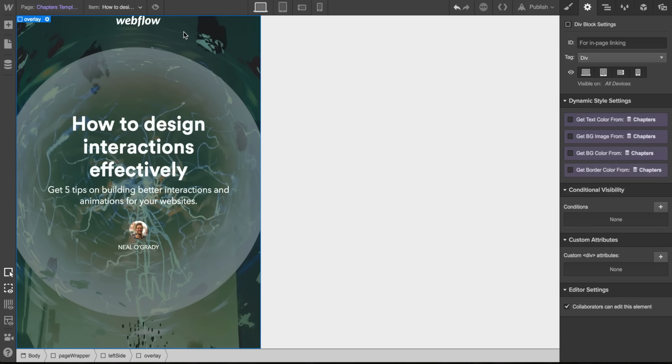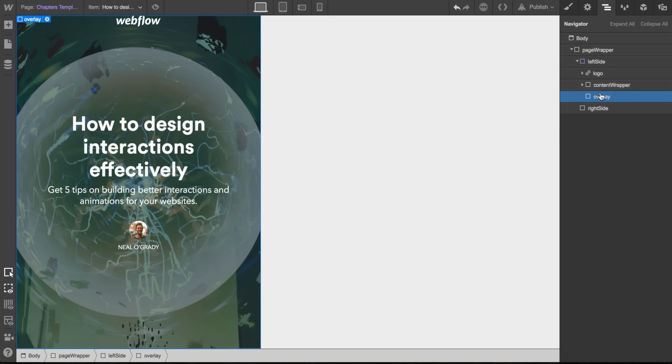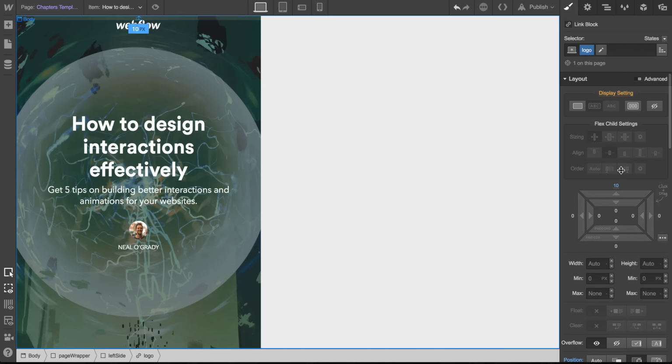Perfect. Now let's add a little bit of space. I'm going to go back to our logo and just add a little bit of margin on the top. Perfect. Great, so now the last piece we have on here is going to be the chapters. So it starts with the button,